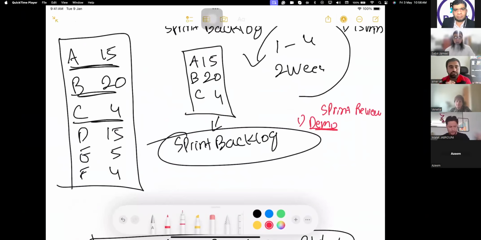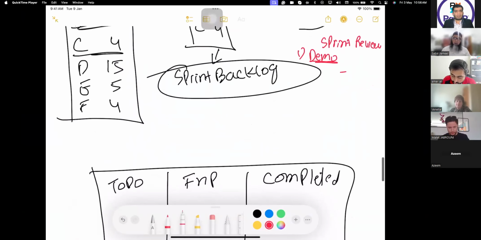If the customer says it is accepted, it goes into a document called the product increment. Whatever gets accepted goes into the product increment. Whatever is rejected or not completed goes back to the product backlog. This is the important thing.